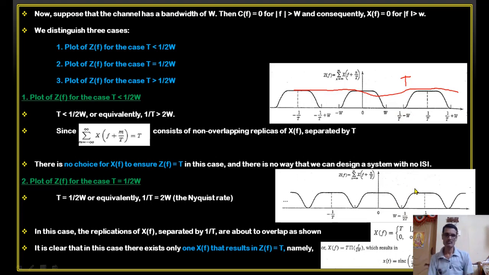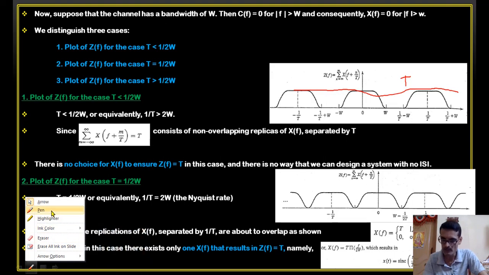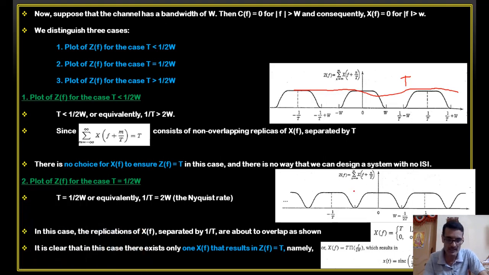They both are overlapping. There's only one possibility which satisfies this condition, that of X of f equal to T. If it is an ideal case, remember, this is not what is shown as a practical case over there. It's an ideal case. If the spectrum is exactly something like this, the next one is something like this, a straight line. I'm not very perfect in drawing this. This is the case. So I get a T over here, right?